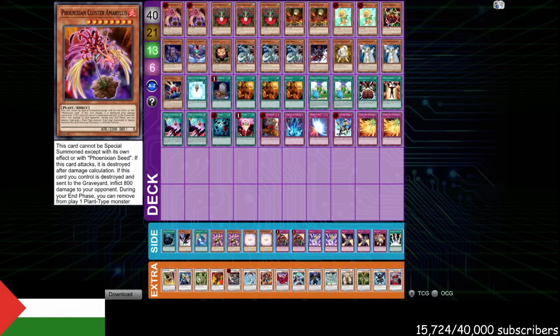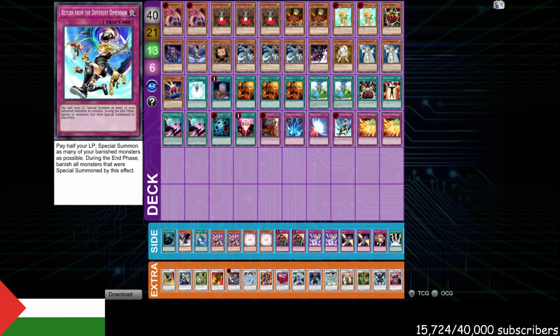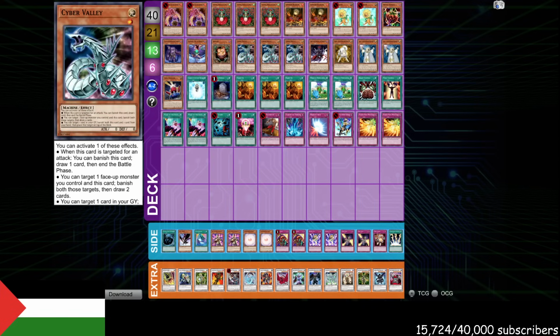The general strategy is, instead of using Hidden Armory with DDR to sort of micro advantage your way back into games, you are actually leaning more heavily into multiple copies of Mark of the Rose, as well as the powerful Return from the Different Dimension as your reanimation strategy, and triple copies of Cyber Valley to churn through your deck